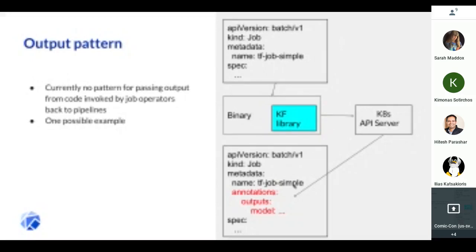And then we could provide, let's say, a library that would allow people to easily update that annotation from their code, so they could easily modify their code to report their outputs as the annotation, right? And the incentive for doing this would be that if you adopt this pattern, you can now allow your step or your binary to easily be orchestrated as a part of a larger complex ML workflow.